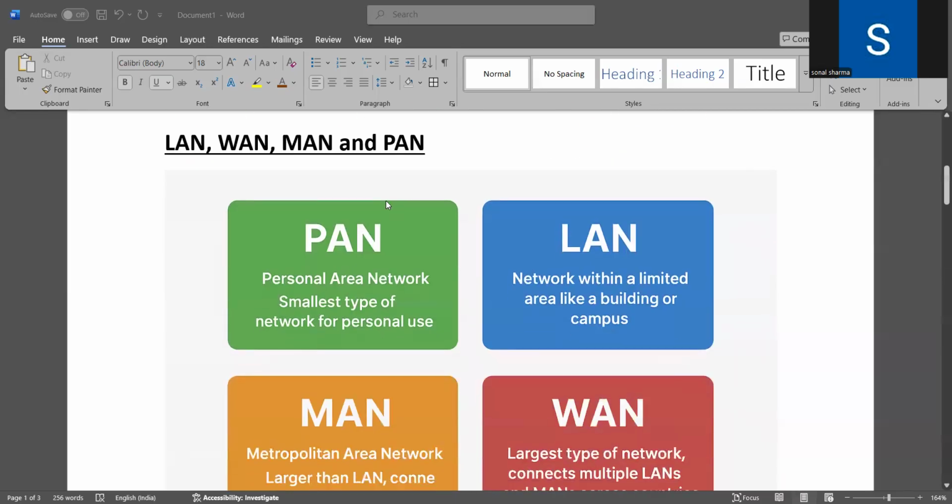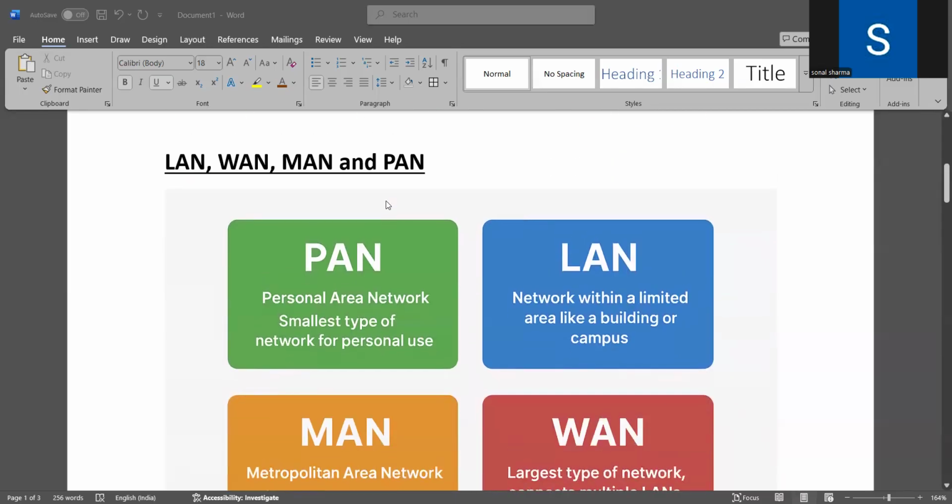So first is PAN. The full form is Personal Area Network. It is the smallest type of network for personal use. Basically, suppose if you remember, in older times, if I wanted to share some song with my friend, I used to switch on my Bluetooth and I used to ask,